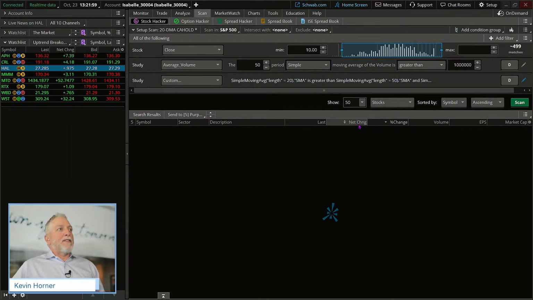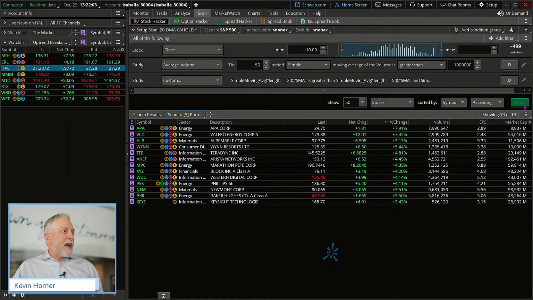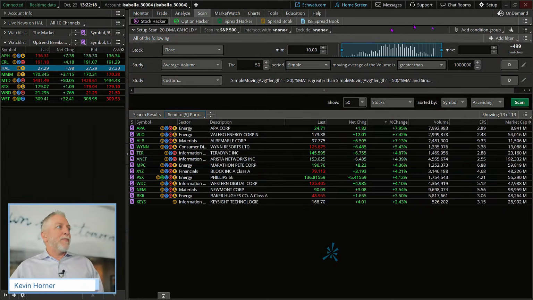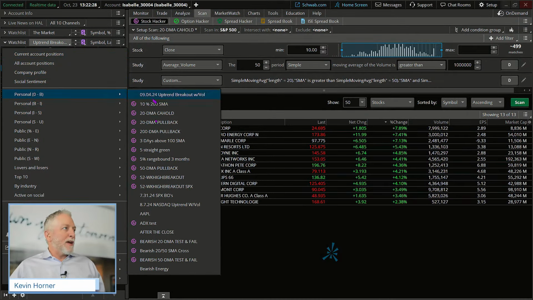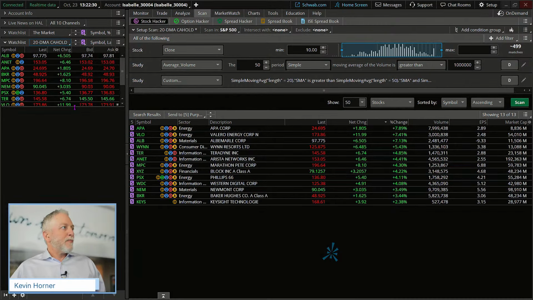So we're going to look at this standard 20-day moving average Cahold. Let's hit scan, and let me see. Am I sorting through? Nope, I've got no intersections and I've got no exclusions. But bear in mind, this is absolutely something you can choose to do. Incorporate those as well. So now let's go back to my, I've got this saved as 20-day moving average Cahold. I'm going to change this drop down, my watch list once more, to 20-day moving average Cahold. There I go. And now that list is ready to go for me.